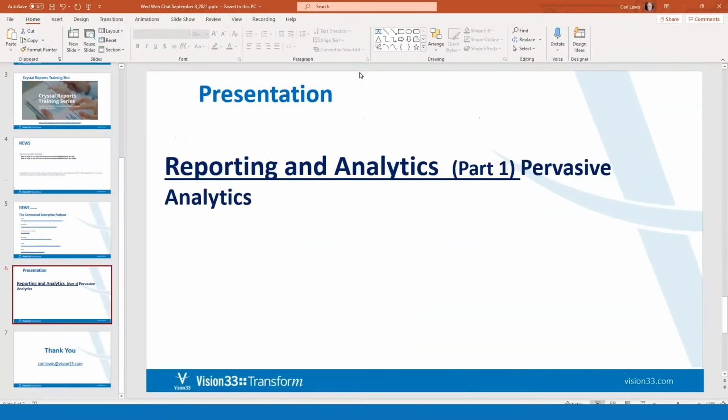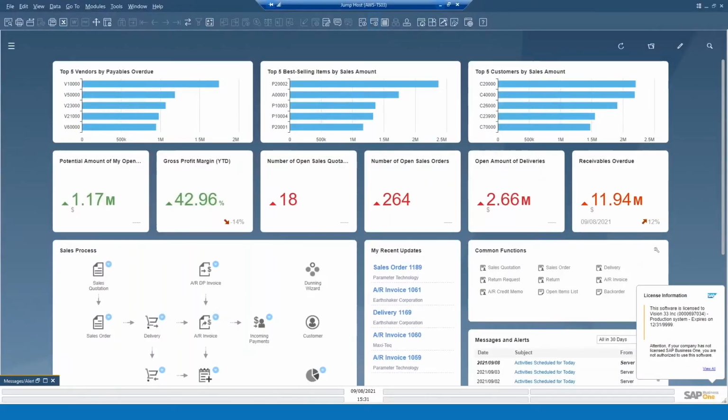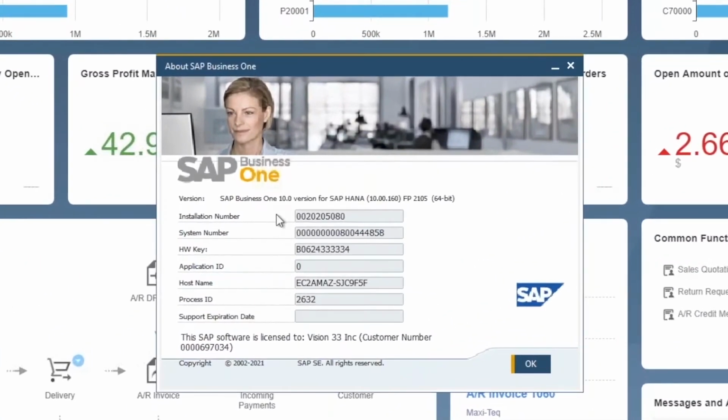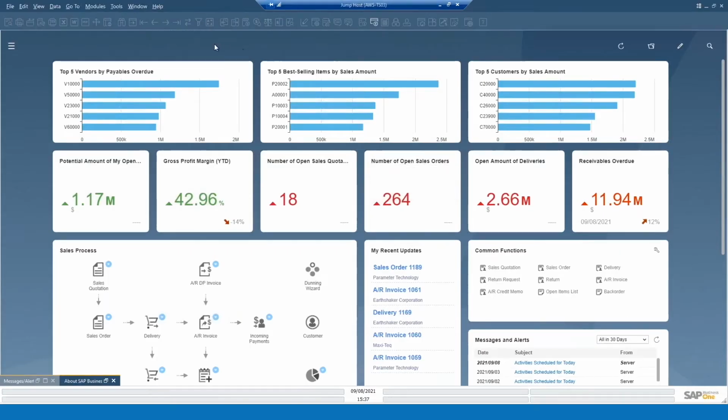So let's jump over here to my demo system. Let's go to Help, About SAP Business One, and see where we are. We are in SAP Business One 10 version for HANA, and here it says Feature Pack 2105. That is the very latest, and we are completely up to date in our recommendations also for this version of